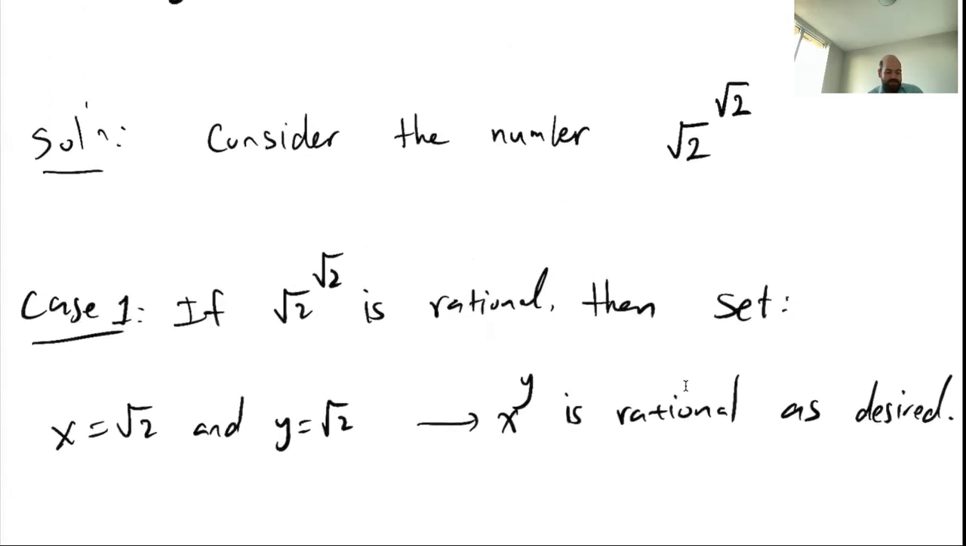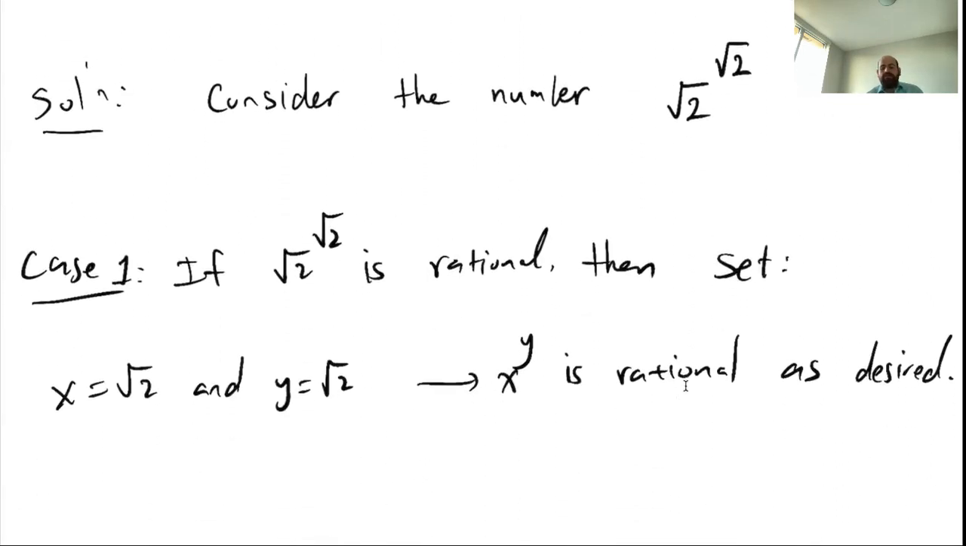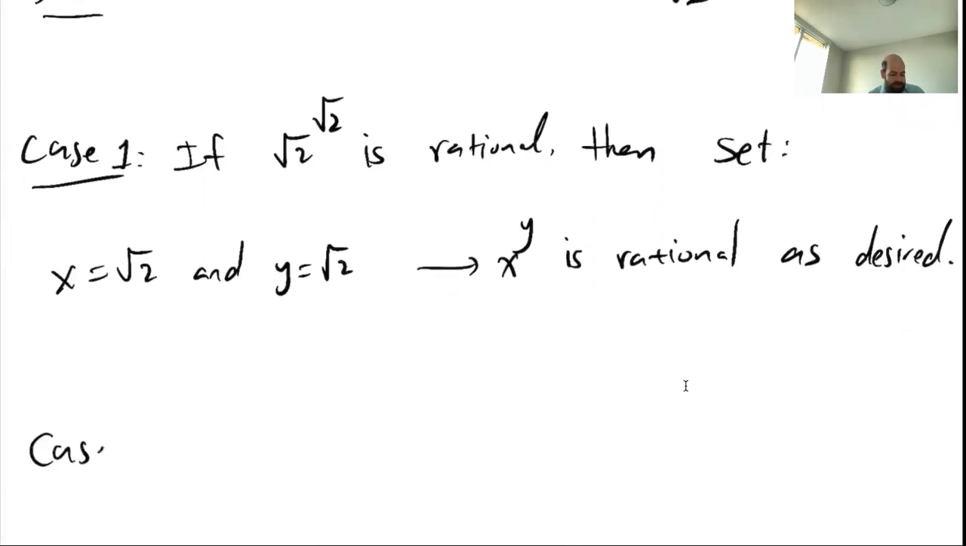Okay, we were looking for irrational numbers x and y, where x to the power y is rational. In possibility one, if √2 to the power √2 is rational, we set both x and y to be √2, then x to the power y becomes rational, and that's it. Now case two,